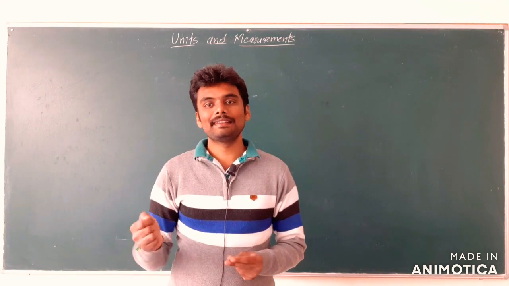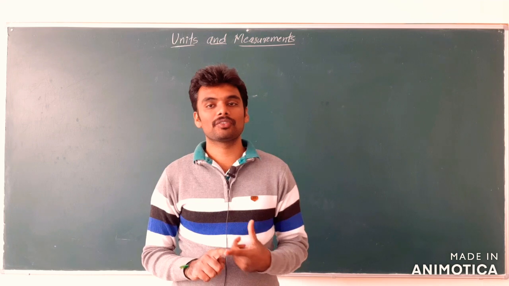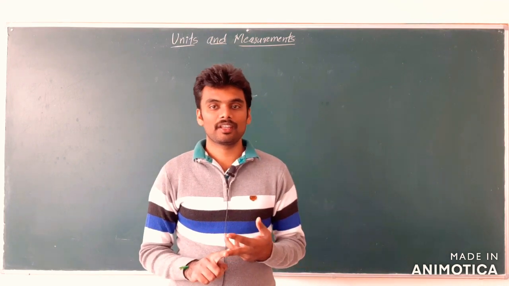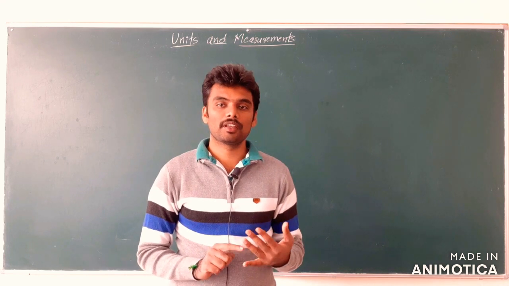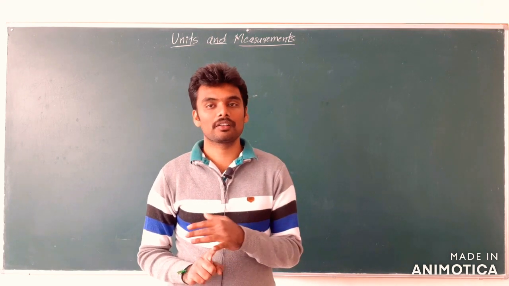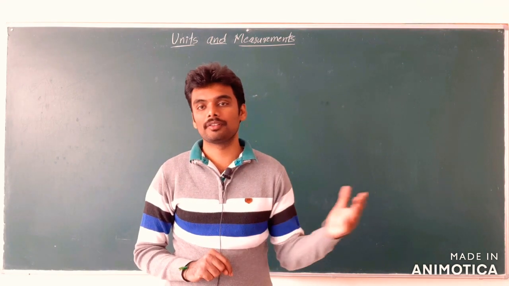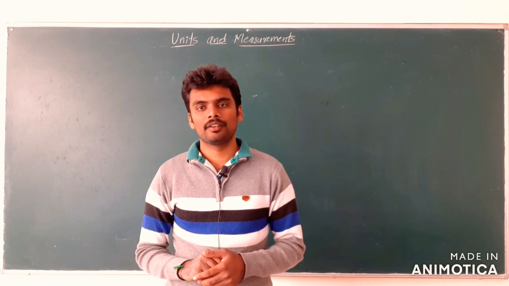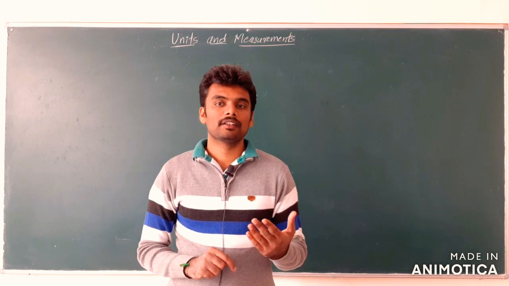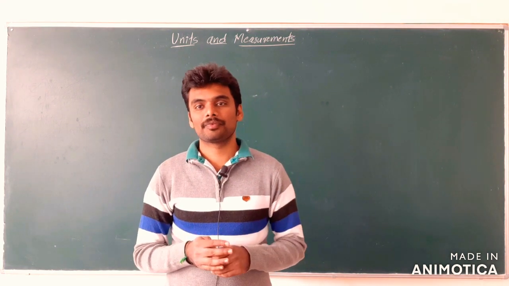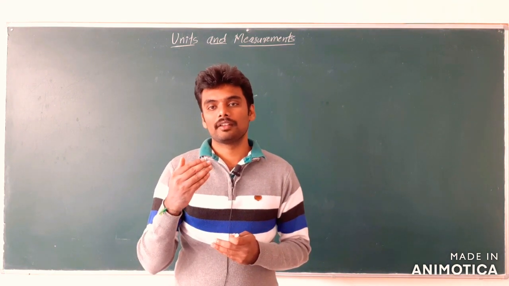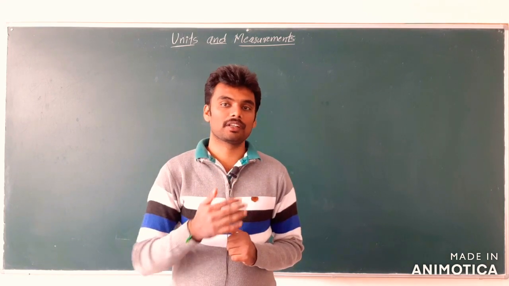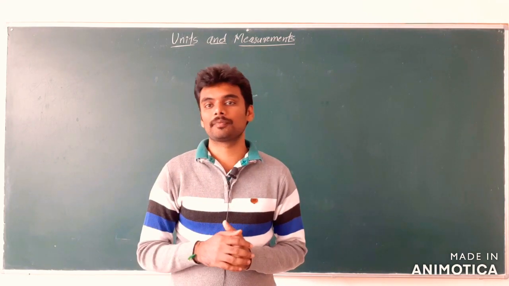For measuring lengths of average scale, we make use of devices like meter scale, vernier scale, screw gauge, even odometer. They all come under average scales of length. When we take the large scales of length, like the distance between Earth and Moon, Earth and Sun, or Earth and a planet,